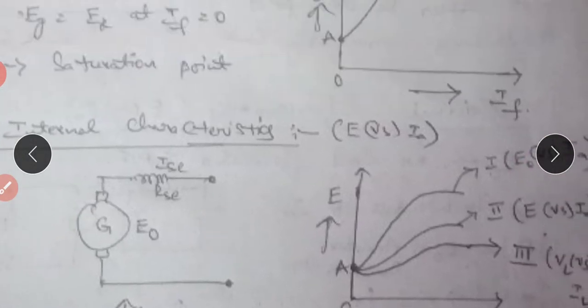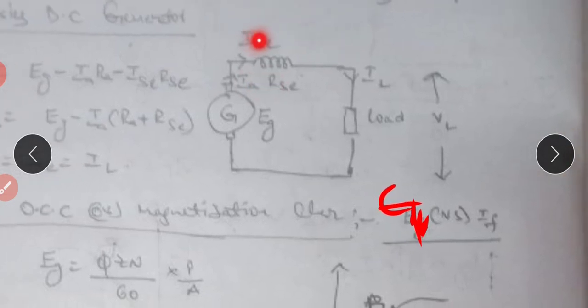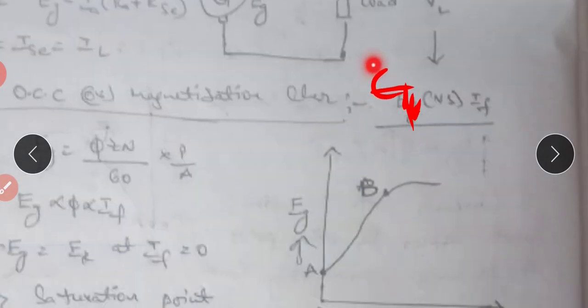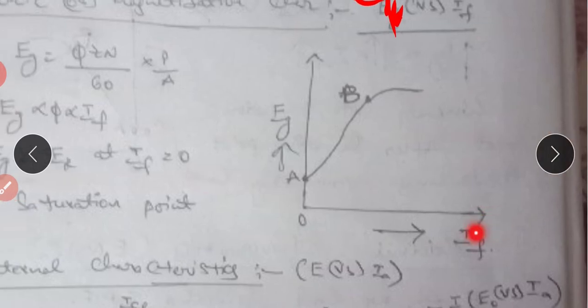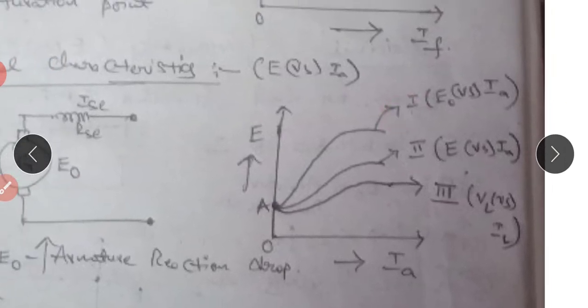Okay. So in case of series generator, the current equations. E0 versus IF means here IF is field current, which is ISC. So here IA equals ISC. So the E0 versus IA graph we first have to draw in order to draw the E versus IA graph. So E0 versus IA graph means E0 versus IF graph. Why? Because here IA equals IF. So first, this is the E0 versus IF graph, or it is E0 versus IA. In case of series generator, all currents are same.